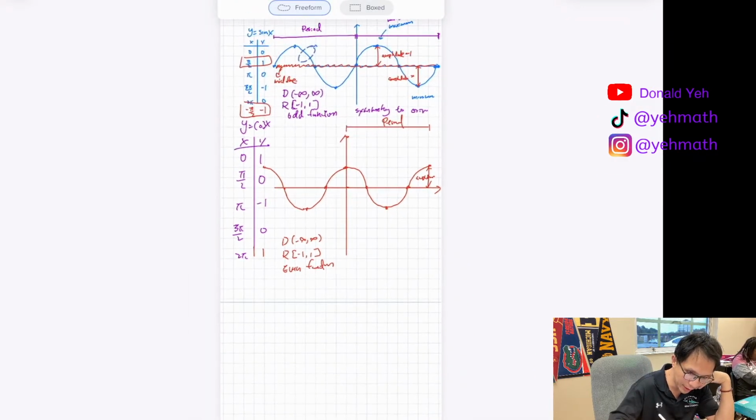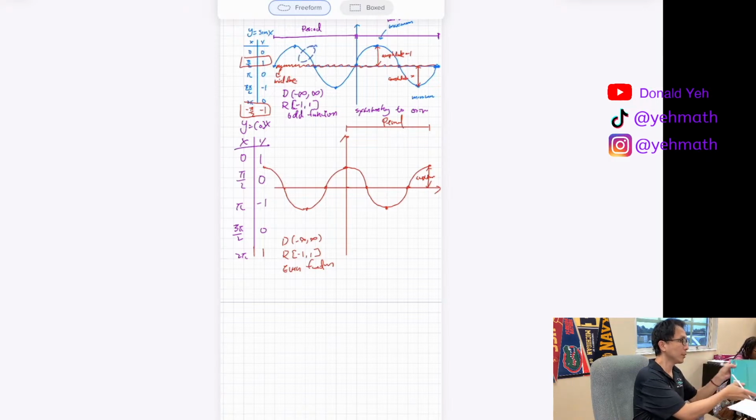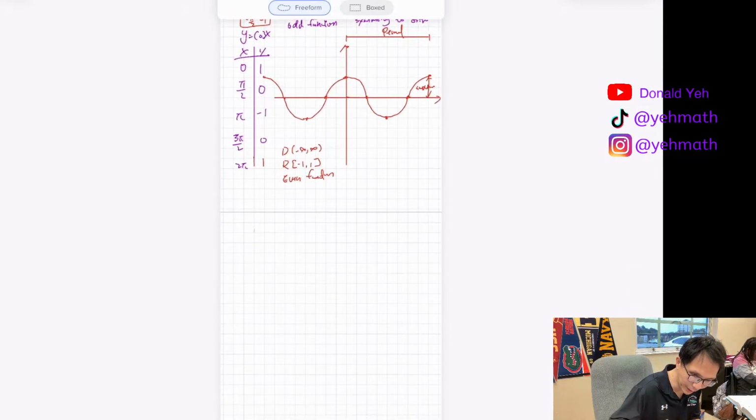This graph can shift left or right. But usually I will take the sine graph and shift left. So it's going to be plus pi over 2 or negative pi over 2, doesn't matter. Let me give you the correct shifting, otherwise I don't want a mistake. Give me a second. Okay, so